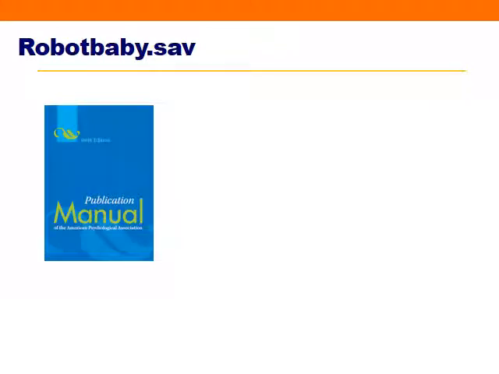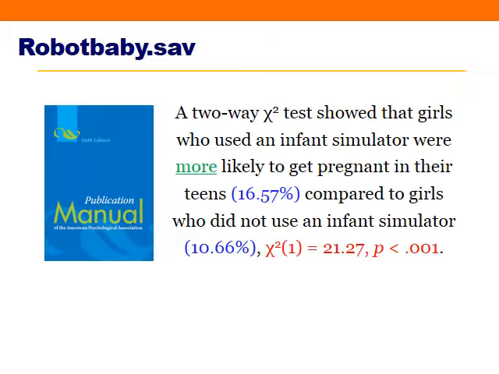Here's how we would write up the results of our study. Always begin your sentence by naming the test that you ran, and complete the sentence in a grammatically correct fashion explaining the results of what you found. A two-way chi-square test showed that girls who used an infant simulator were more likely to get pregnant in their teens compared to girls who did not care for an infant simulator. At the end of the sentence in red, we have our chi-square statistic from SPSS rounded to 2 decimal places,